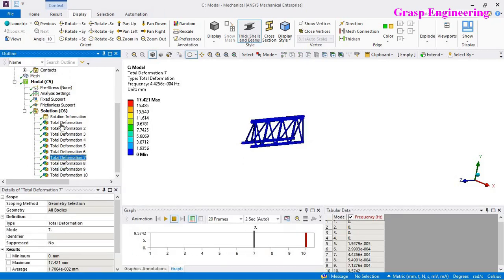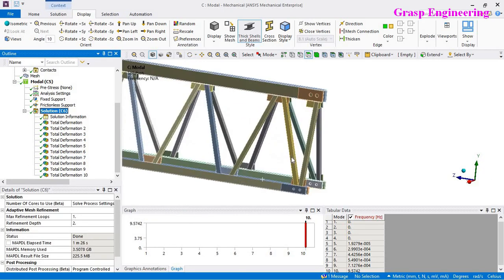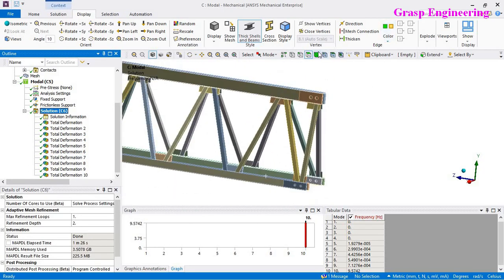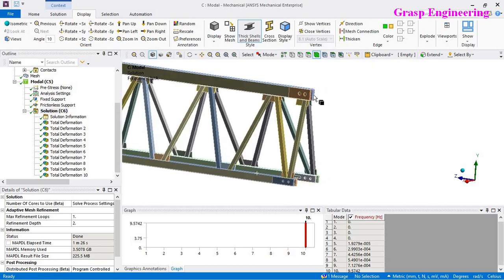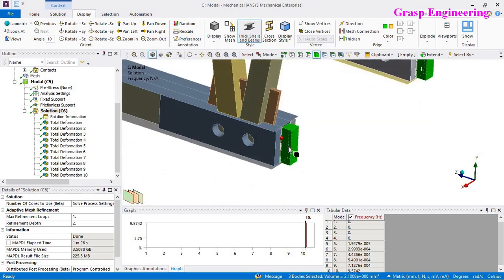Okay, now what we can do is either increase the tolerance value, or simply, because these parts belong to another assembly, we will just suppress this, because you can see there are huge gaps between these.